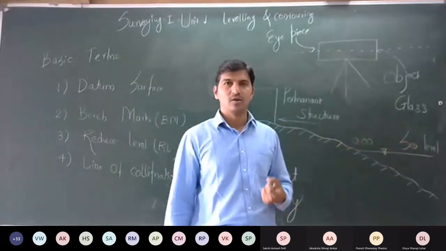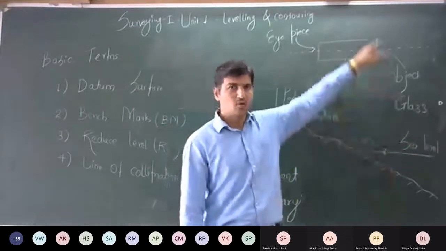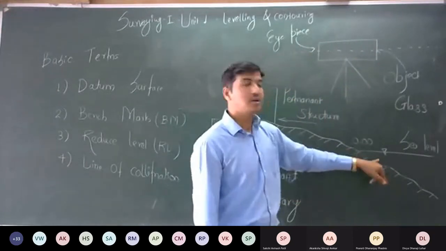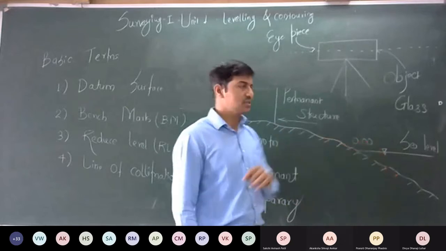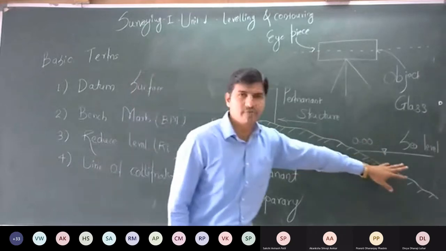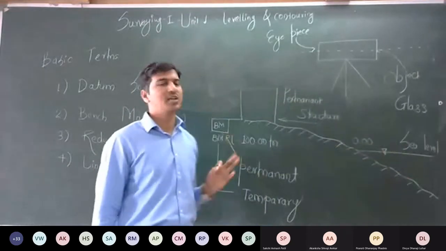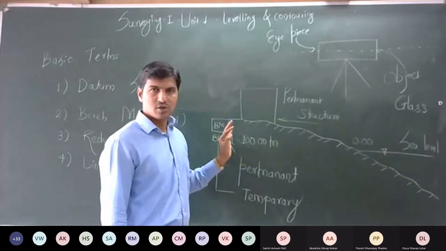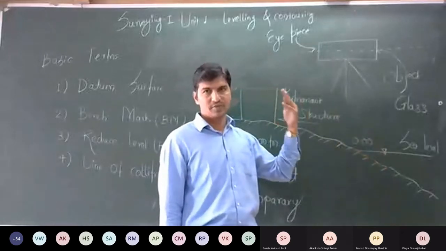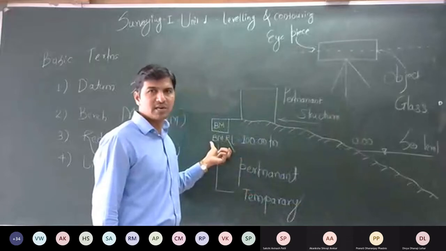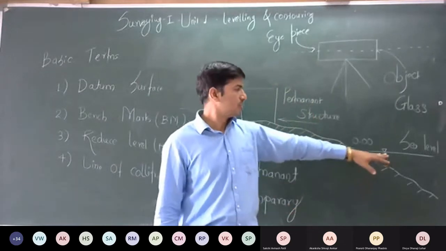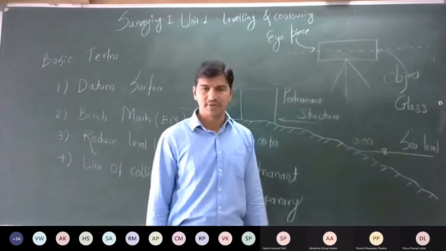But as it is not possible to go again to this mean sea level, which is located in Karachi, Pakistan, and do the leveling, for ease of the leveling process they have marked benchmarks with reference to this mean sea level on government offices and railway stations. So we don't need to go to Karachi to take the references, but we refer to the permanent benchmark located in a particular city, isn't it? So this is regarding the datum surface.